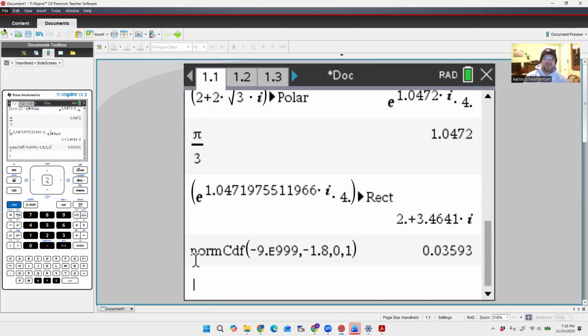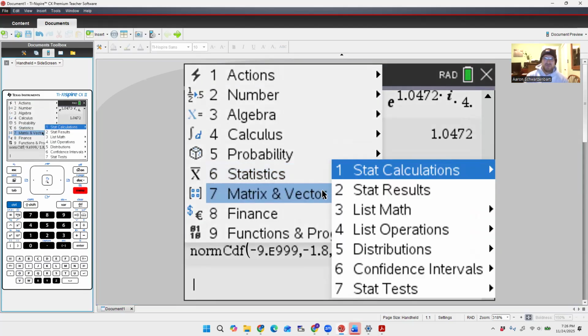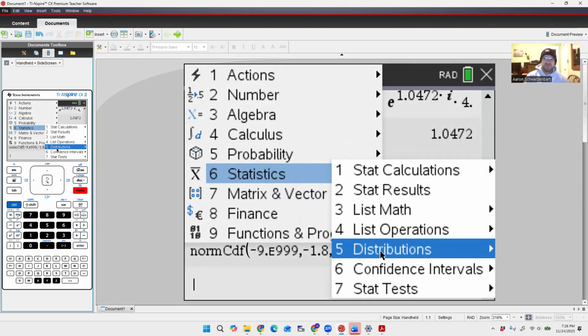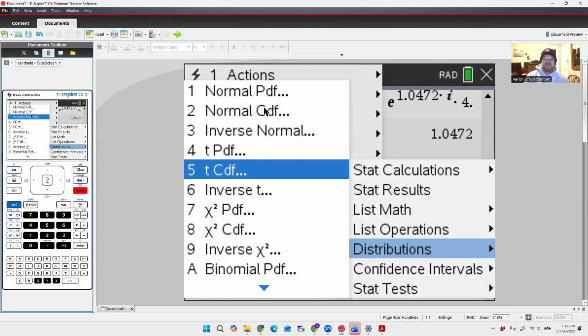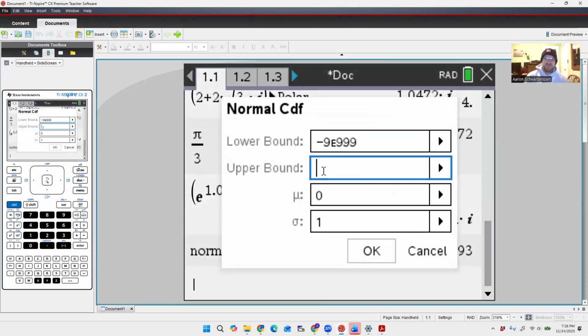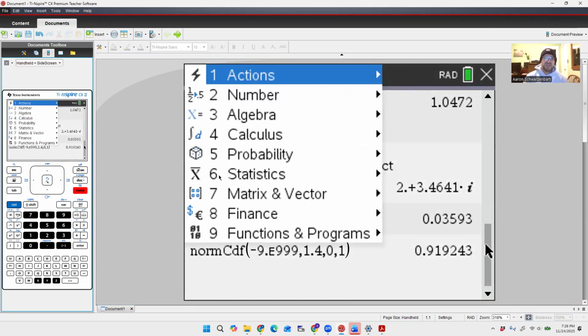0.3593. Let's do the same thing again. Menu. You can actually go to the probability. Distributions is under there too. Statistics or probability, distributions, normal CDF. Let's do our 1.4. 0.9192. Now, if you want to be really fancy,